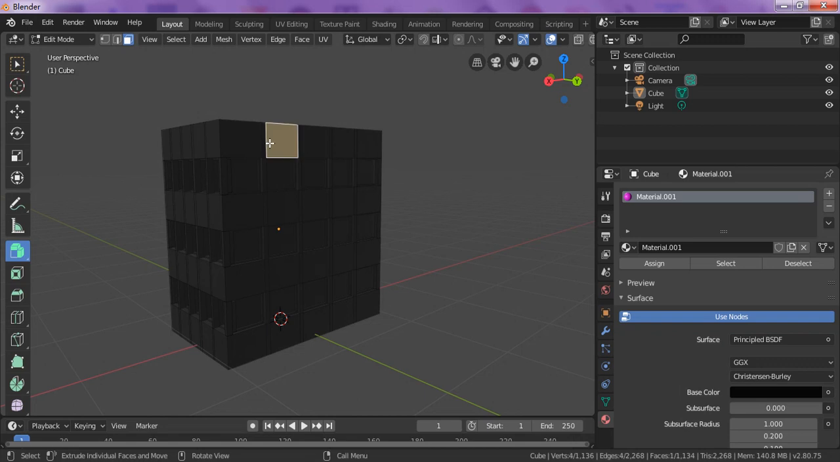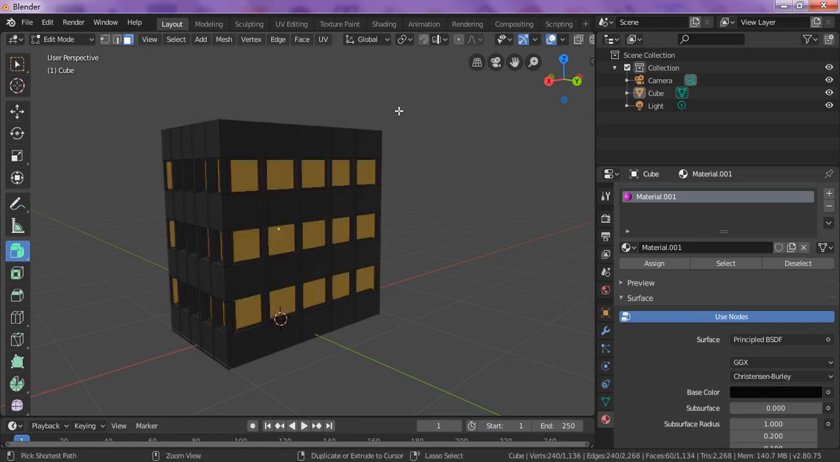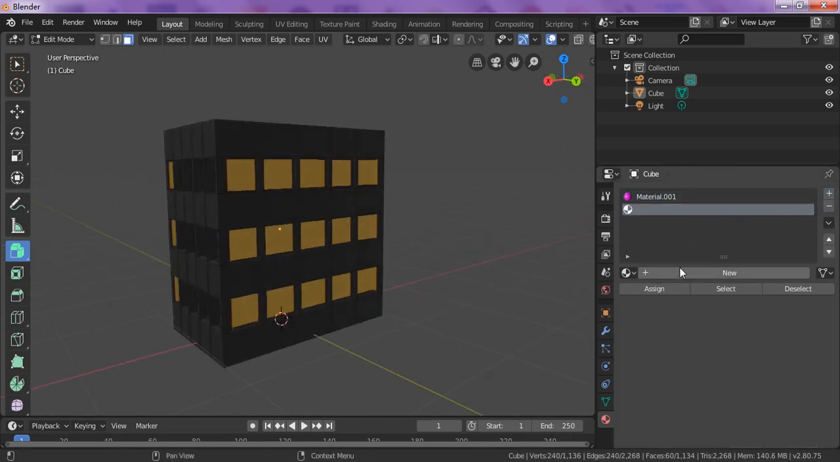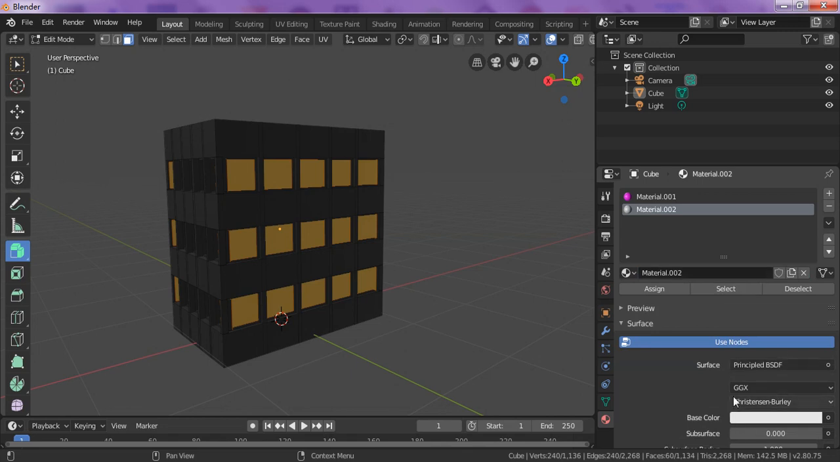If I click over here, see, that's your problem right there. But that's okay. We can reselect the windows and then add another one. Go to new. I'm going to leave it at white for now, and go to assign. Click out of that. So if I click on this one now,